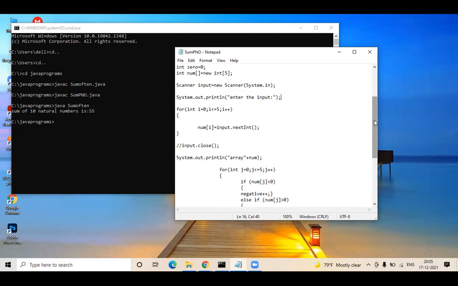What happens in do while is that it has a free entry the first time, and post that you ask whether you want to continue or not, because the question is that the user keeps entering input. If you want to continue, you pass the respective key, then take the next input, consume all the inputs, and categorize them into positive, negative, and zeros. So instead of for, you can create one more new program.